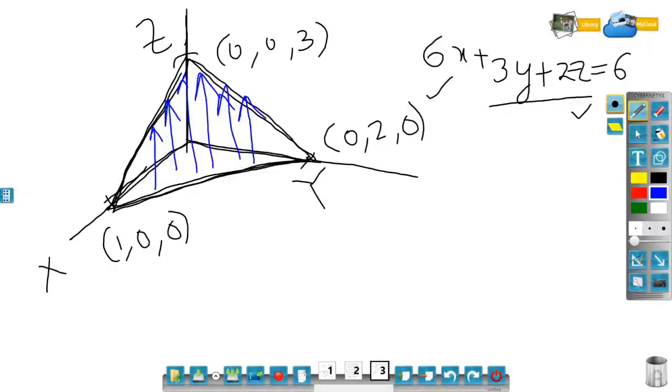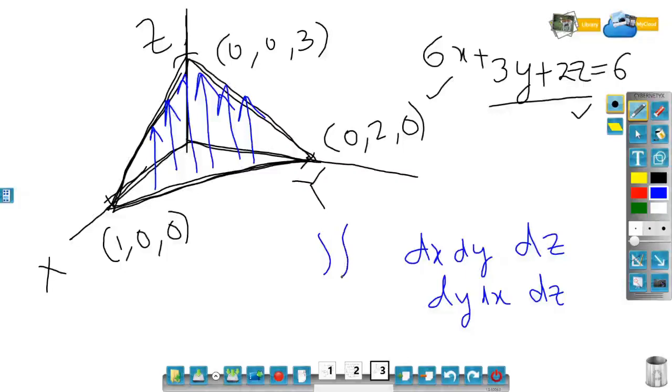Let me write this down. First I will have dz, and then when I place it on the xy plane, there are 2 choices, type 1 and type 2. So dx dy, and similarly the other way is dz dy dx. This is one way to evaluate. Maybe I'm not writing the limits, so let me call this r1, and the second r2.